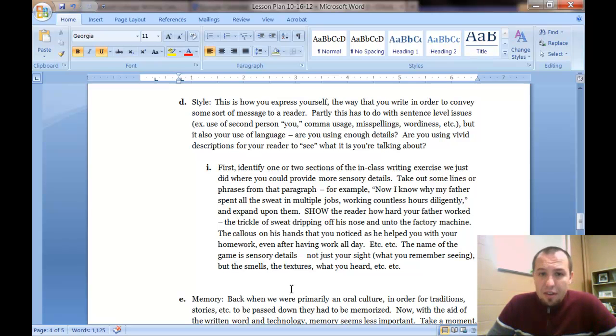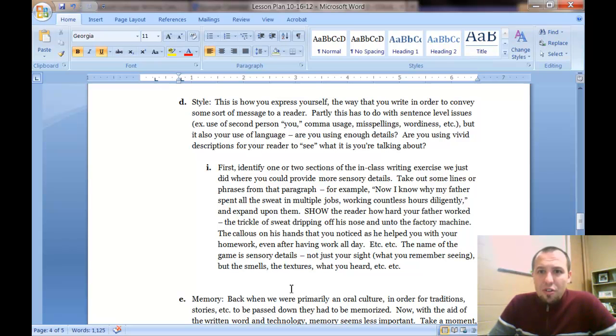Am I using enough details? Can the reader really see what it is I'm talking about? It's one thing to say that the sky is blue outside, using a typical cliche as an example. But how can you say that in a way that's more descriptive and new? Or that it's gray and cloudy outside, and you would say more like it looked like an elongated mirror, or some sort of new way of thinking about it or looking at it or describing it to get us to see it in a new way.